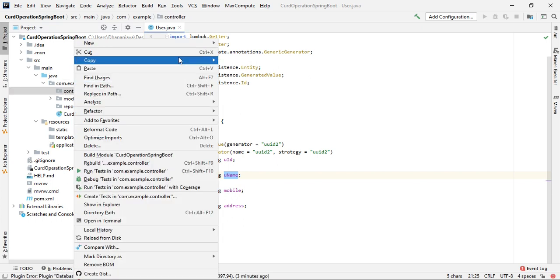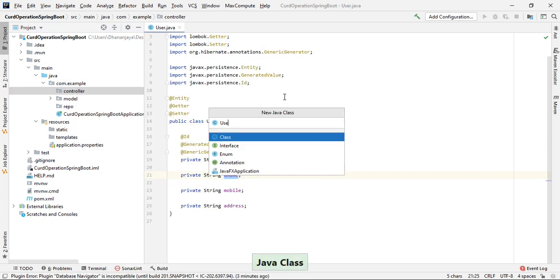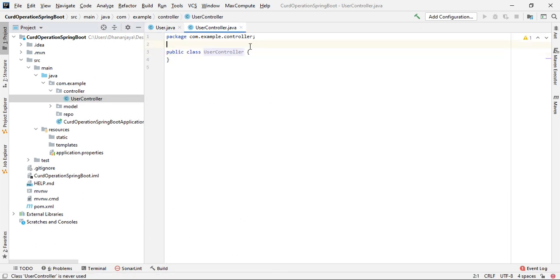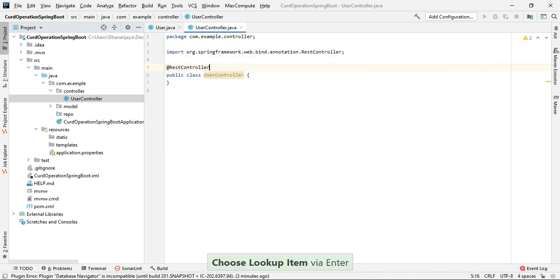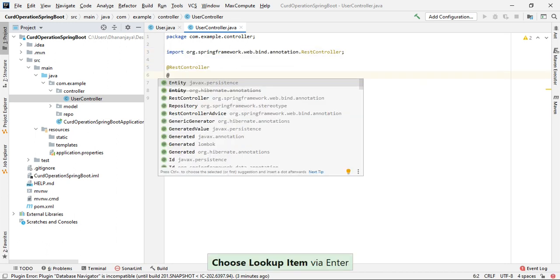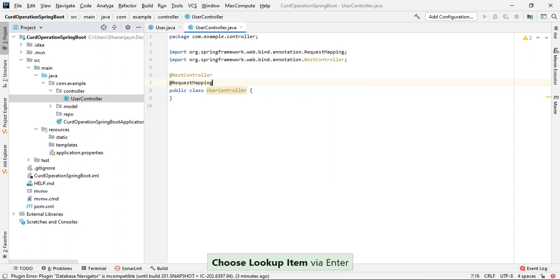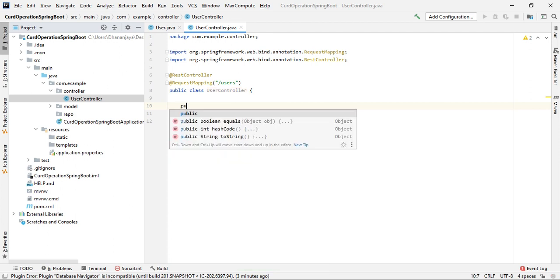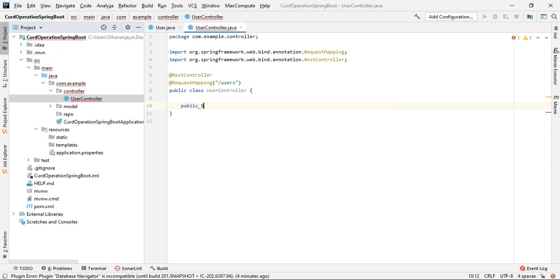So let's go ahead and create the controller, UserController. Let's annotate this with @RestController. I will give a root level annotation, @RequestMapping, and here I'll give /users. For saving purpose, I will create a method, public String saveUser.